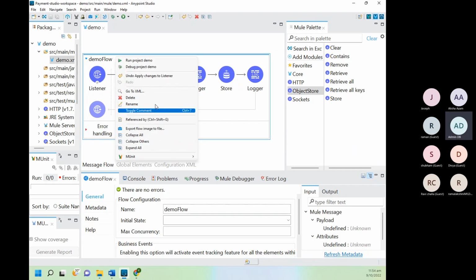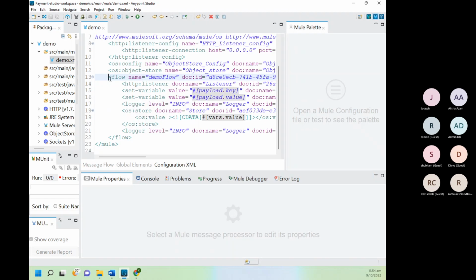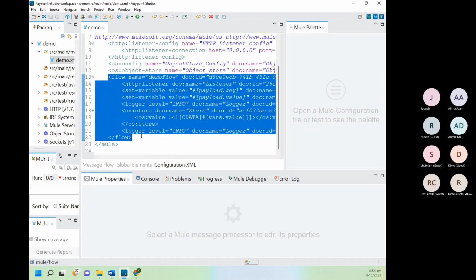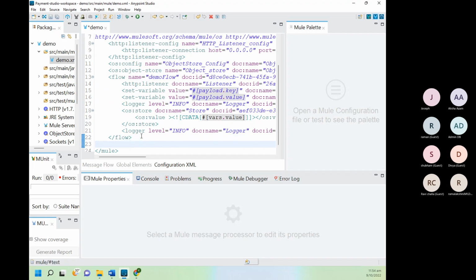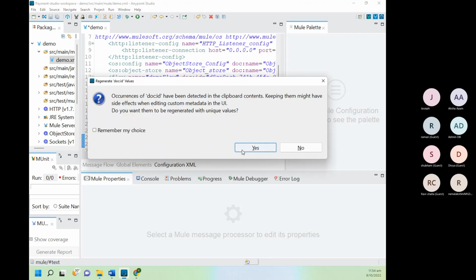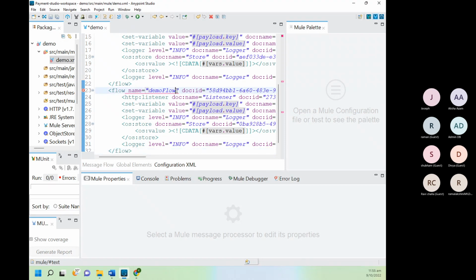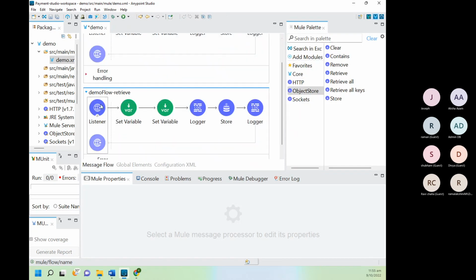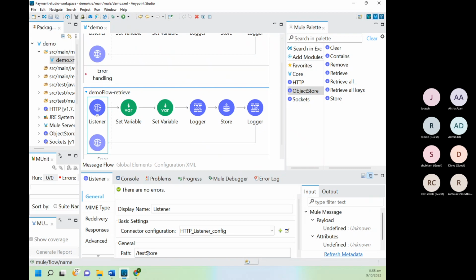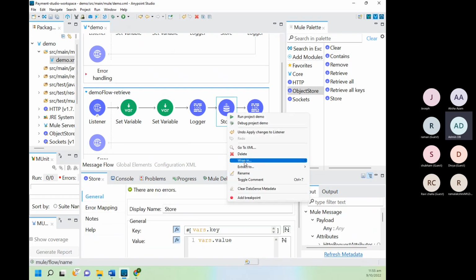Next, what I will do is retrieve. So here, instead of store,